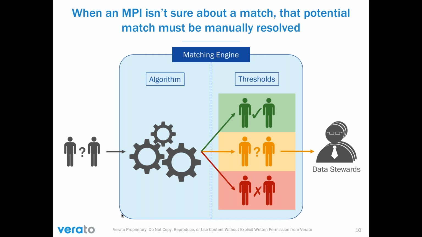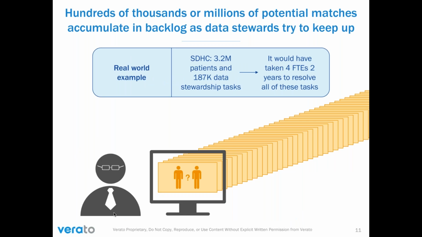And that's great. It's a great feature to have. It helps you get to a higher degree of accuracy the more effort you put in. So all good on the face of it. The problem is the amount of stewardship that you have to do. Organizations often even select an MPI based on their experience with the user interface of the stewardship application. Hey, which one of these things is going to be the best one to use? Is going to make us the most productive? And that's great until you're faced with hundreds of thousands of tasks.